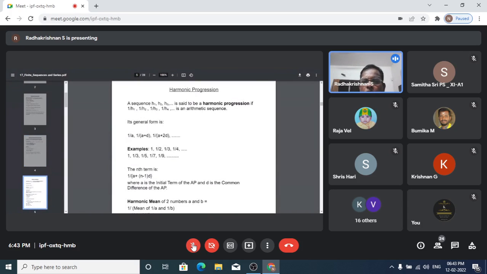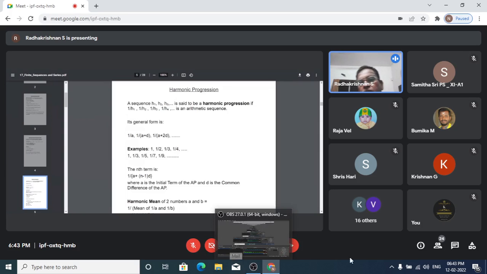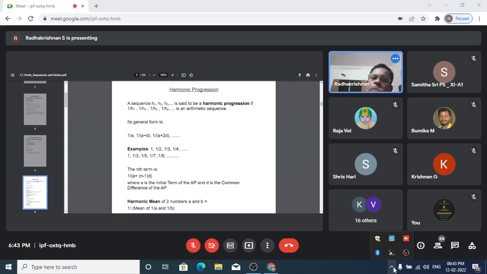So next is harmonic progression. Harmonic progression means, if 1 by h1, 1 by h2, 1 by h3, etc. form an arithmetic sequence, then h1, h2, h3 are said to form a harmonic progression. Now in an arithmetic progression we have 1, 2, 3, 4. If we write a sequence like 1 by 1, 1 by 2, 1 by 3, 1 by 4,